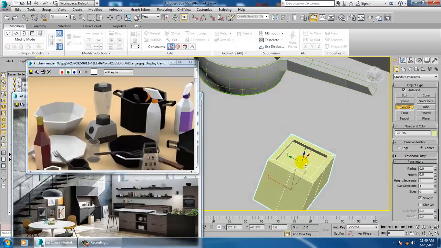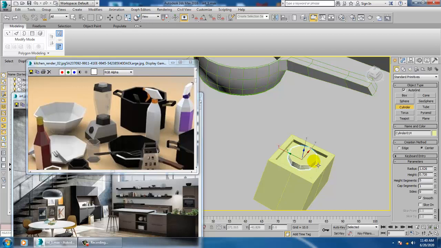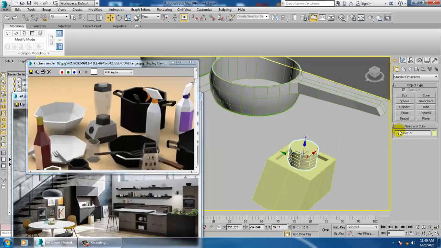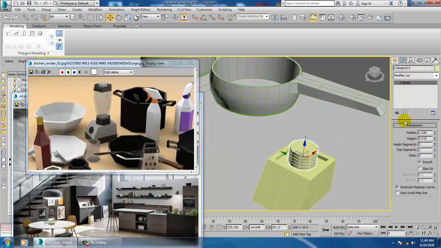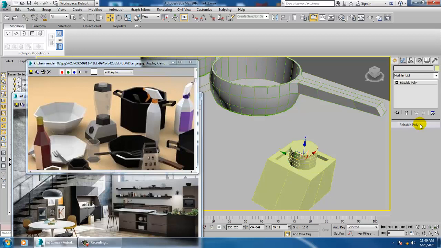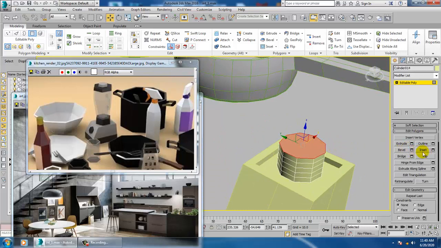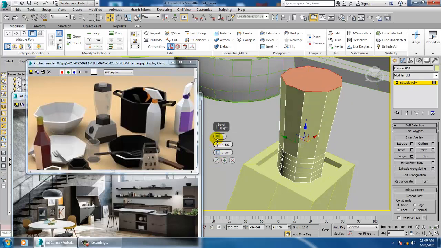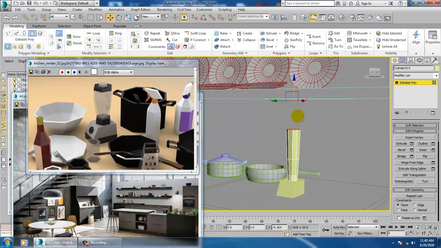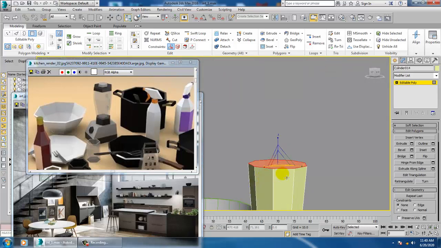Take a cylinder. Convert to editable poly. And use a bevel over here. Increase the height. Reduce it. Make sure it's not going too high.